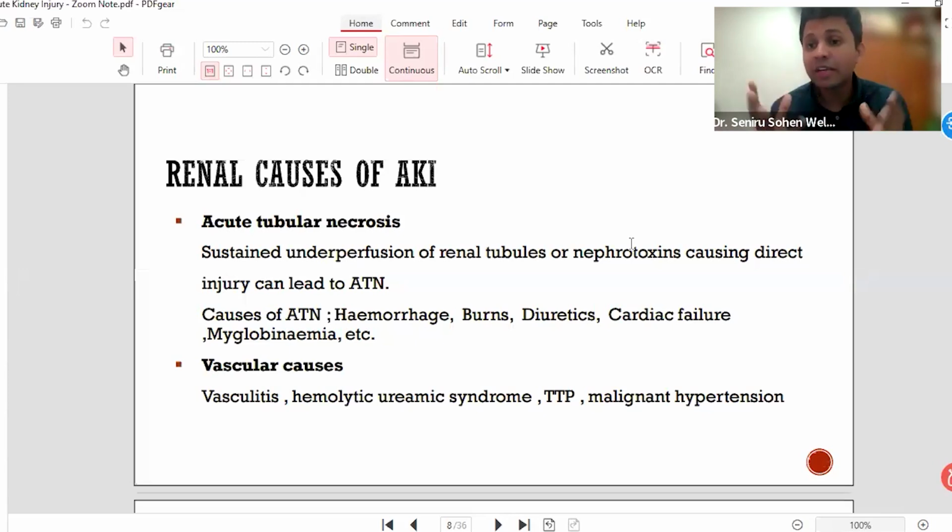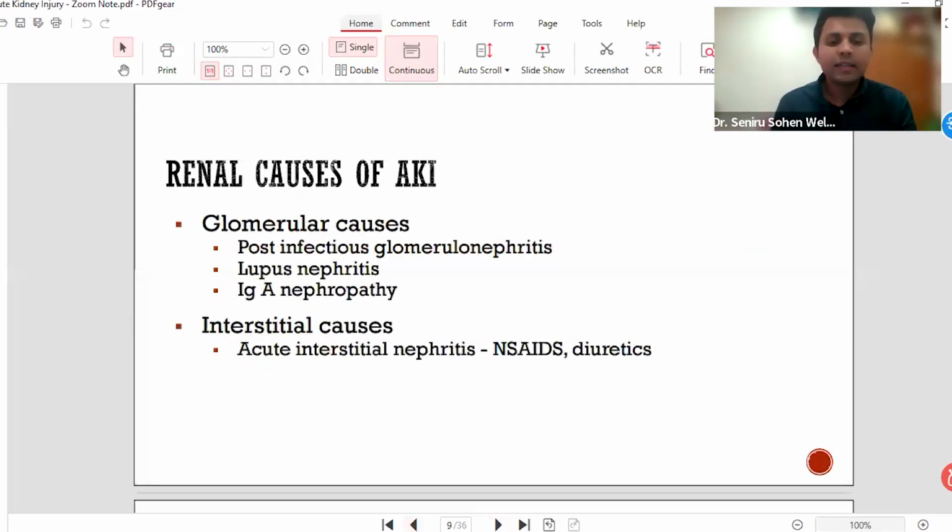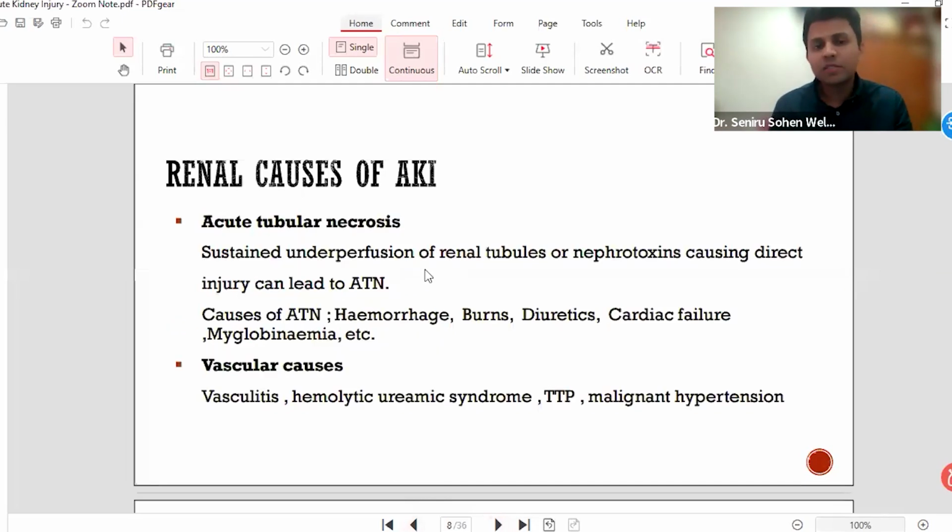That would mean that your renal arteries are compromised, such as bilateral renal artery stenosis, unilateral renal artery stenosis with a single functioning kidney, or bilateral renal arterial obstruction by maybe a dissecting aortic aneurysm. Right. So out of the renal causes, we have acute tubular necrosis, then vascular causes, then